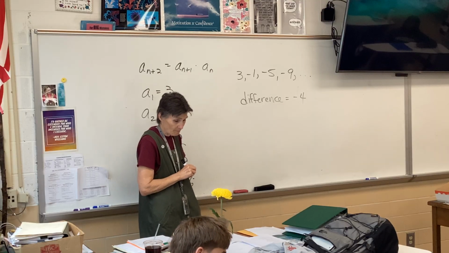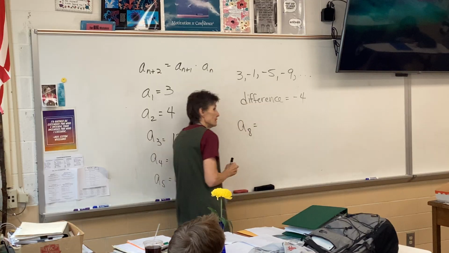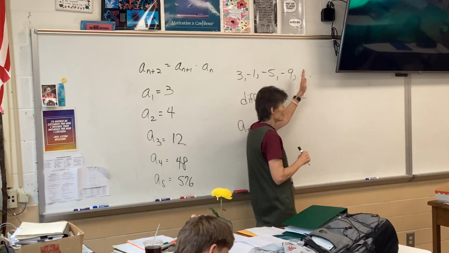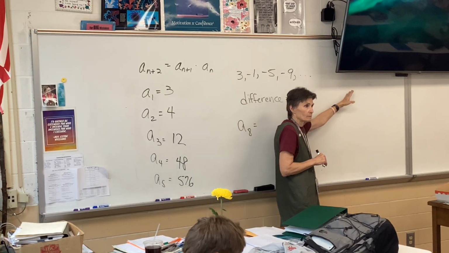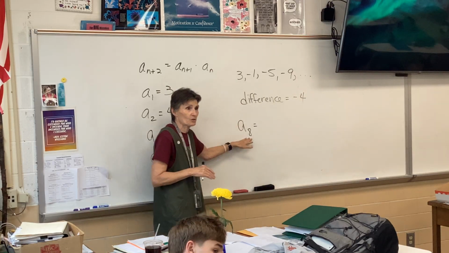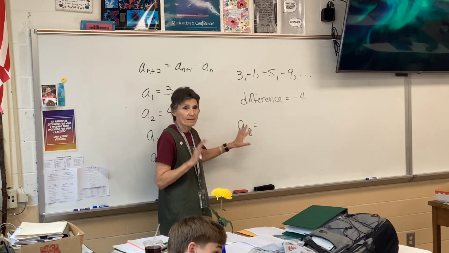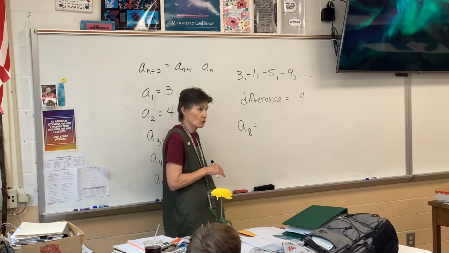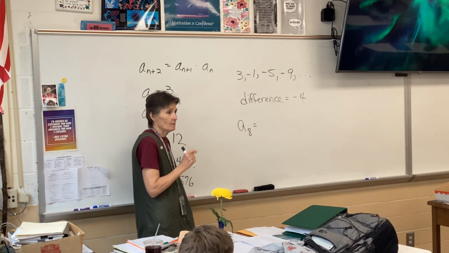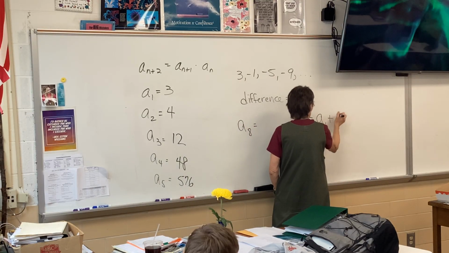Now it says find the 8th term. Now one option would of course be to just keep subtracting 4. That would be an option. And if you're only going to the 8th term, not a bad option. But if you were going to the 80th term, that would probably not be a good idea. So did you happen to write down the arithmetic formula that I gave you? What is that? A sub n equals A sub 1 plus